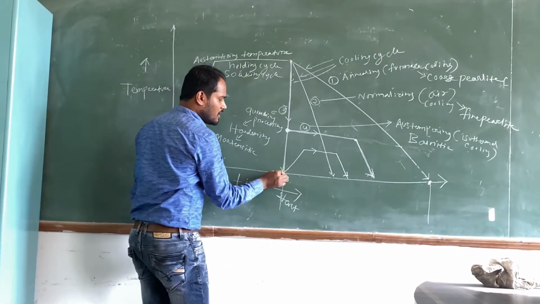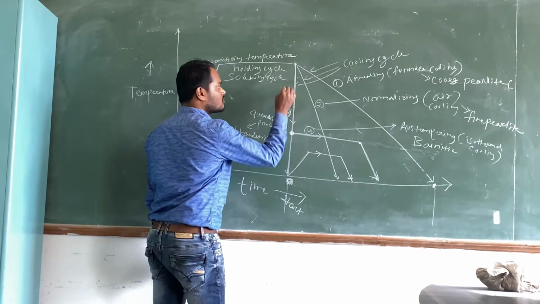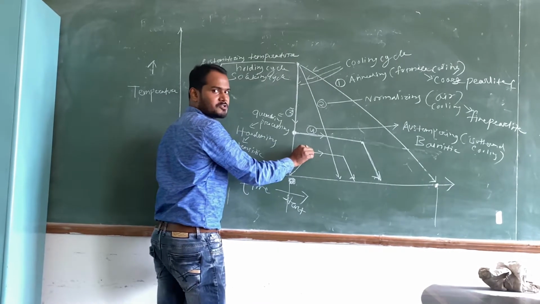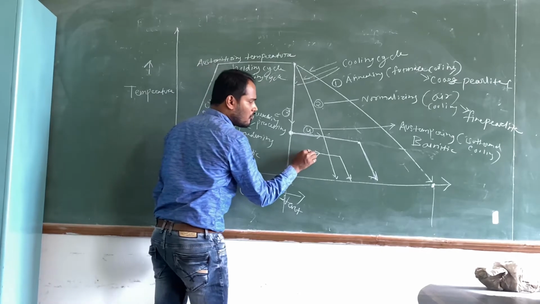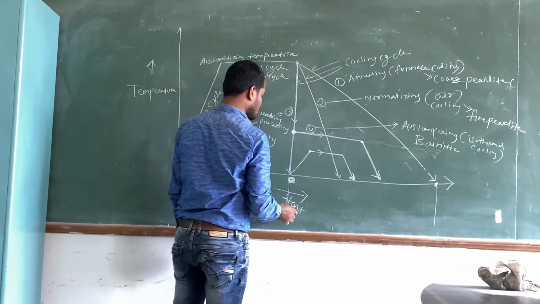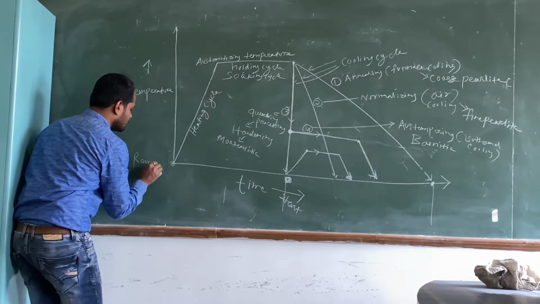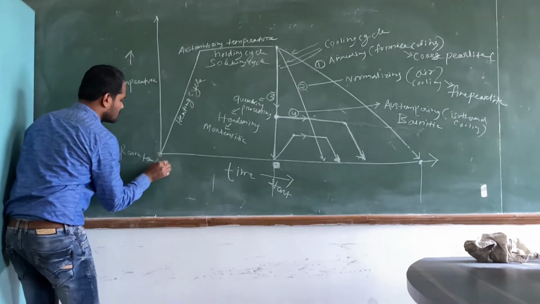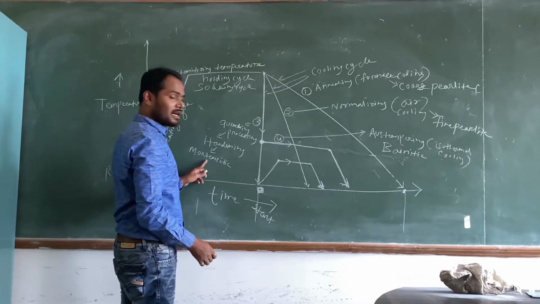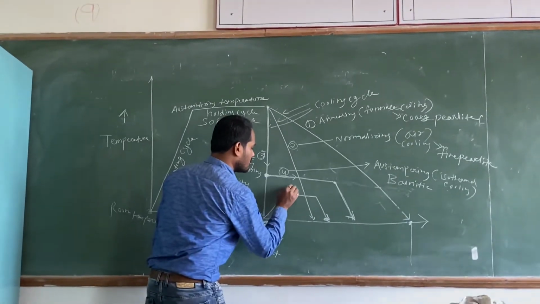Just after quenching, you raise the temperature of the sample to an intermediate temperature, not so high. This temperature should be below the critical temperature. There should be no phase transformation. Then you hold it for some time, then you cool it to room temperature. This temperature is actually, suppose, room temperature. So this will form what? If quenching gives rise to martensite,